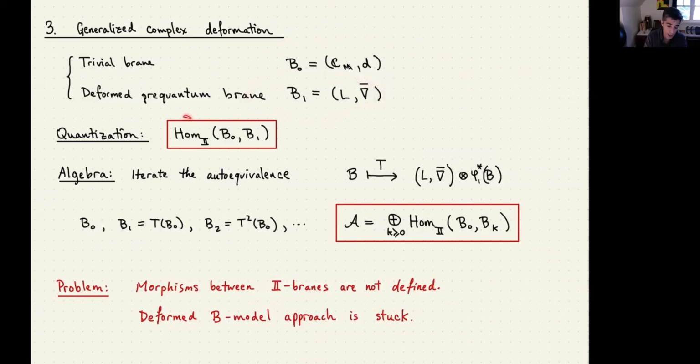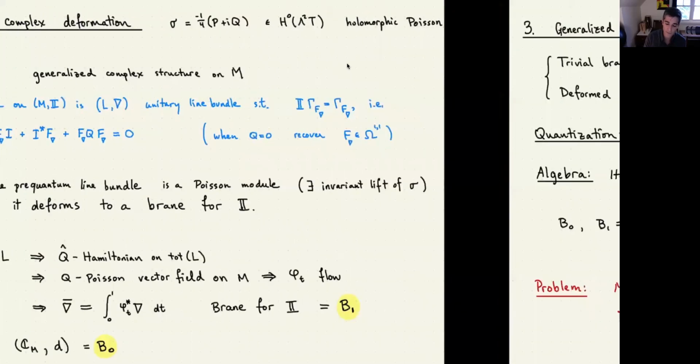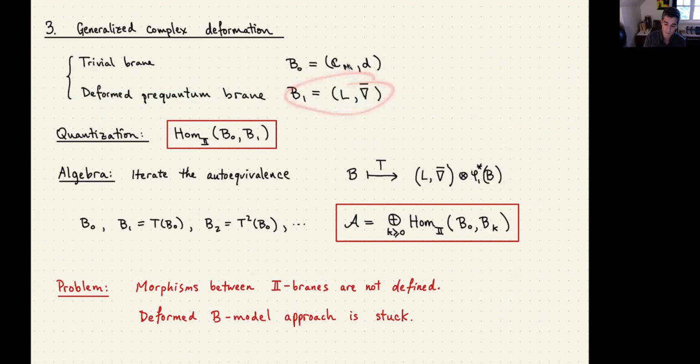The quantization should be the homomorphisms between them in some category, which is some kind of deformation of the B model. And we could even view this as an autoequivalence, which takes any brane, pulls it back by this flow of a Hamiltonian vector field, and tensors it by this brane B1. And we could iterate this and construct a whole family of branes. And if we only had a category here deforming the B model, then we could just take the Homs between them and get our graded algebra, which we would expect to be the non-commutative deformation. The problem is that we have no